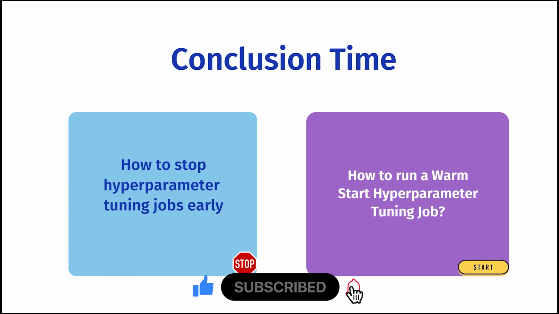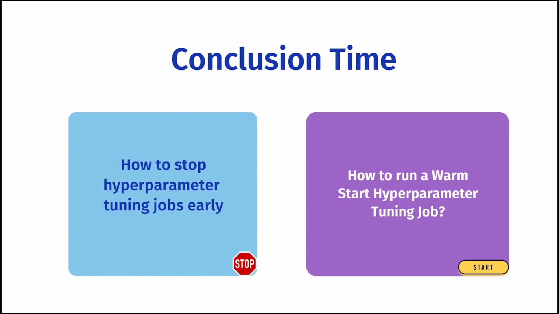What do you do then? Run the entire tuning job from scratch and waste more time and compute resources? No. That's where you can warm start the hyperparameter tuning job. What SageMaker does here is basically create and store a snapshot, just like an iCloud backup, of the progress of the hyperparameter tuning job. SageMaker then uses this as a starting point for the next job to tune the parameters, which is a really amazing tool in your arsenal while running tuning jobs.